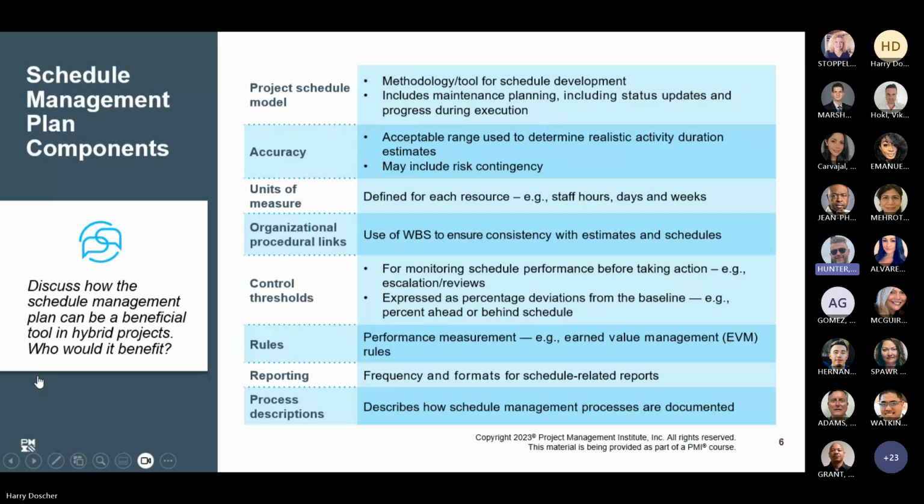Any planning for maintenance, including status updates and progress during execution. Okay. Accuracy is really a documentation of the accuracy that's expected for each of the estimates and the deliveries. Okay,